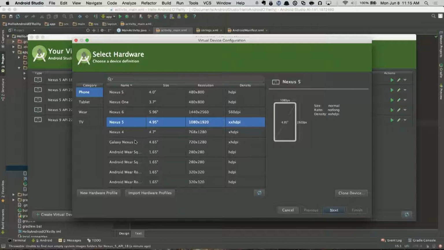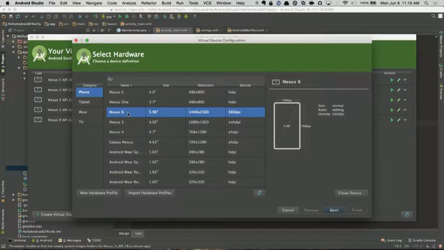The names sound like they represent actual devices, and they are an attempt to give you the same screen resolution and density and measurements as the devices, but they're not necessarily using the same system as those devices use within the bounds of the SDK. I mean, it is trying to show the same SDK, but those devices may have specialized features on there that wouldn't come up here. If I said, okay, I'd like to make a Nexus 6 device, say, then I would click Next,